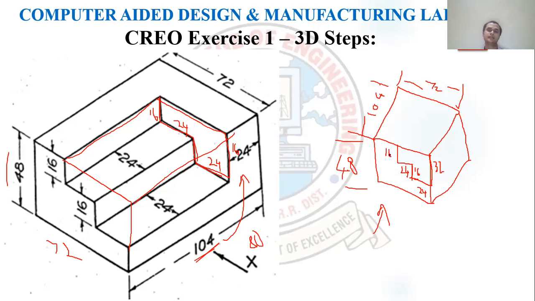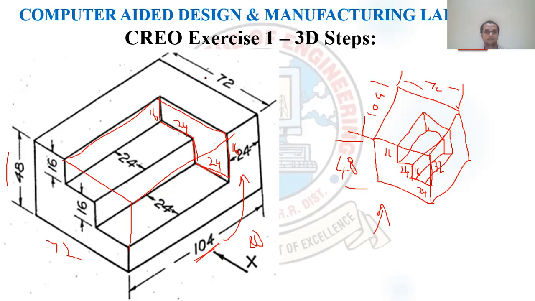So I'm creating this L shape, and for this L shape I'm giving an extrude cut till this depth, so that this portion will be removed. Here also the same shape will be generated. From here again the same L shape will be generated, so that you generate the steps. This is very simple and it will take very little time.